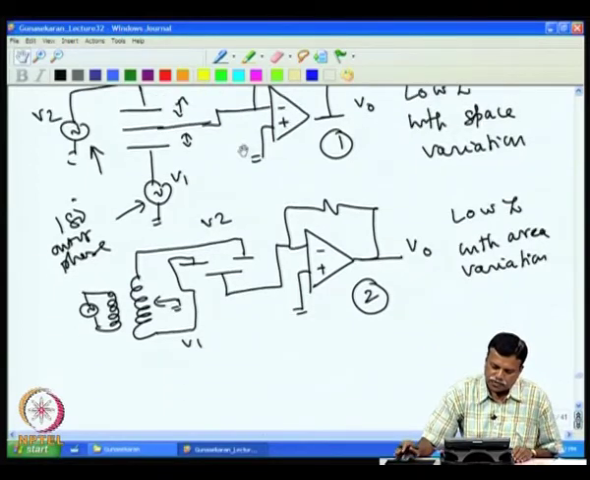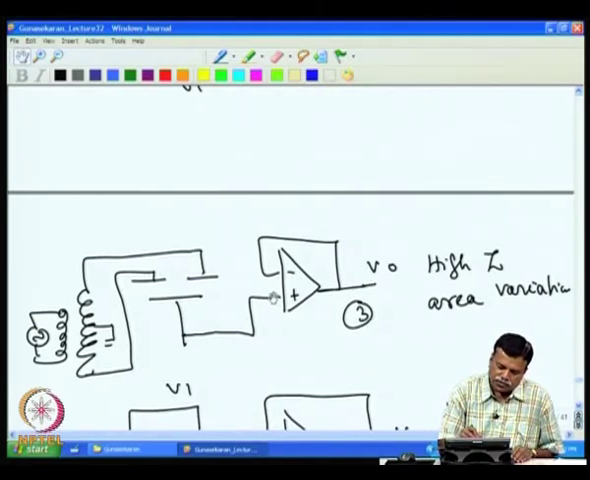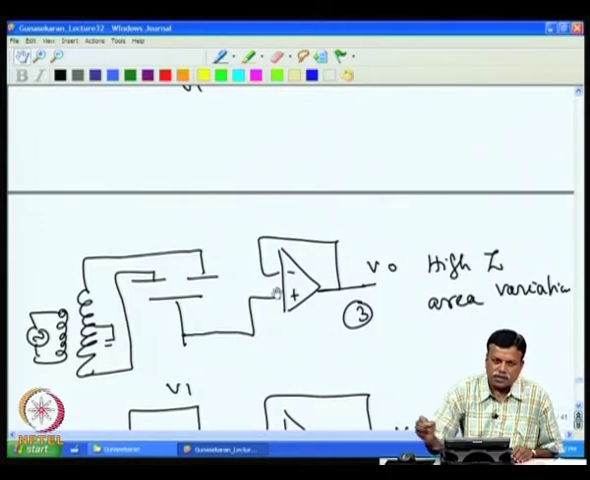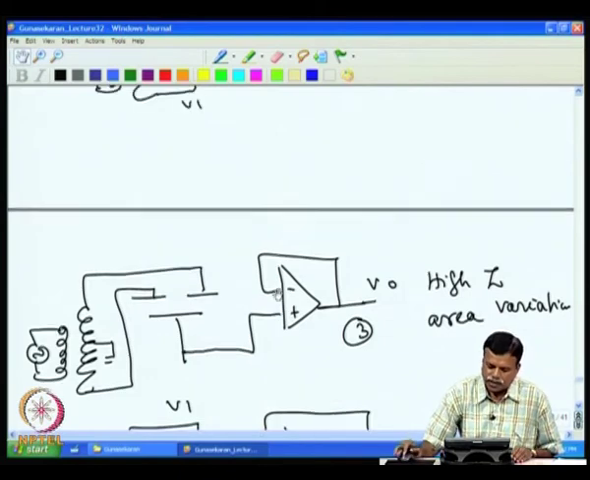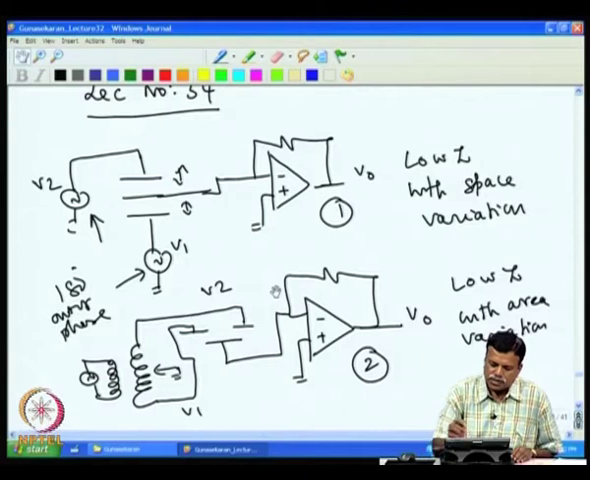And in the case of circuit 3 and the others, 4, 5, 6, we are giving the input to the non-inverting terminal. So, this offers high impedance, and we call it a high impedance amplifier. Now, if we take the low Z with the spacing variation, we had shown in the previous class